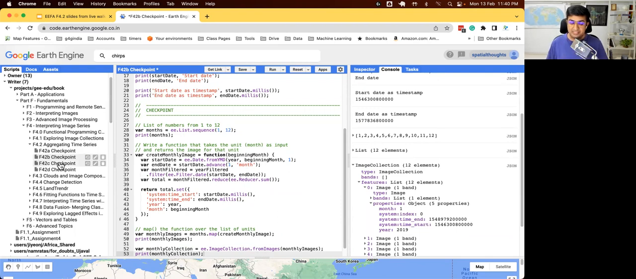We have completed this. This is the core part of aggregation of time series. Again, to recap, if you want to take your original collection and aggregate it to another unit, first create a list of those units, list of months, list of years, create a function that takes one of those units as input and returns the image for that unit. And then take your list of units and map that function over it, and you'll get a list of images for each unit in your list, and then turn it into a collection, and you are ready to